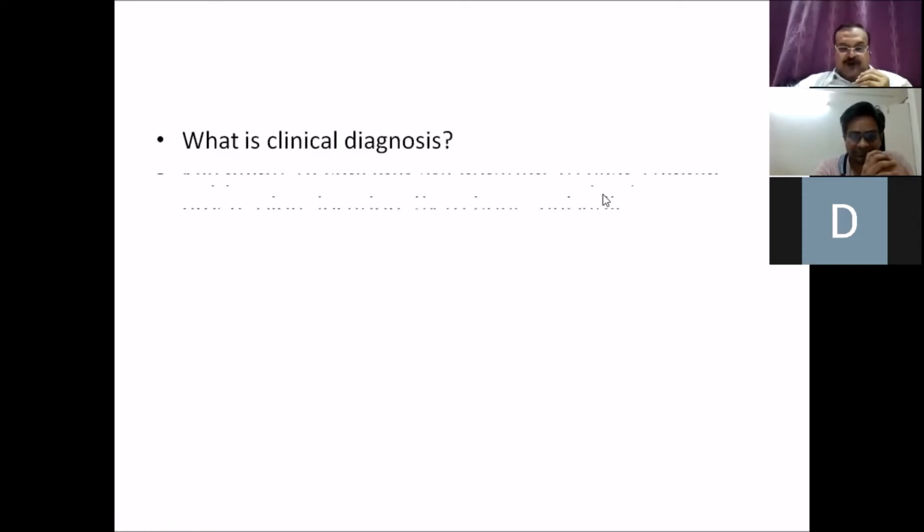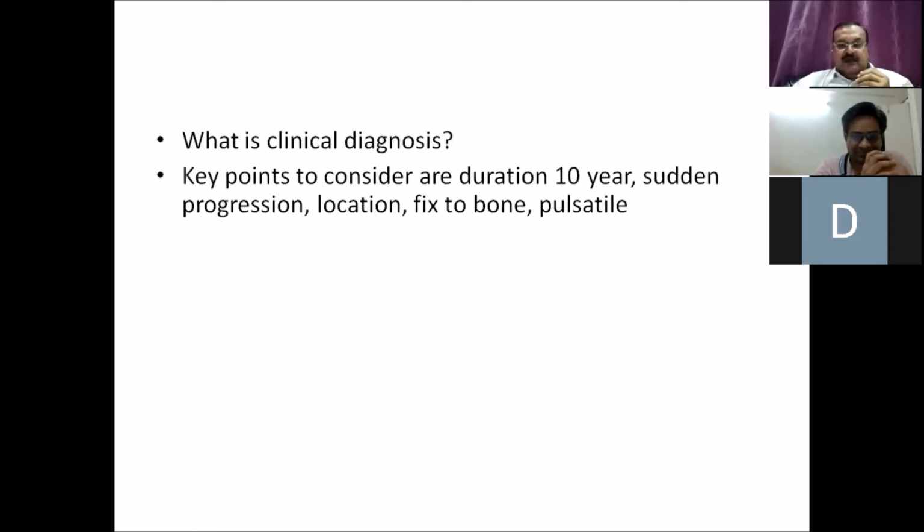when we are going for making a diagnosis, you have to keep the key points into consideration. That is what I was asking Ajay, which he couldn't answer. You have to see that she is 74 years. The swelling is present for 10 years. There is a sudden progression in the swelling. Sudden progression in the swelling normally tells you about either a malignant transformation of a benign lesion, or it also tells you presence of a hemorrhage inside the tumor. So sudden progression. Then location is gluteal.